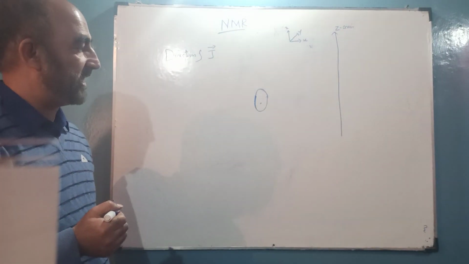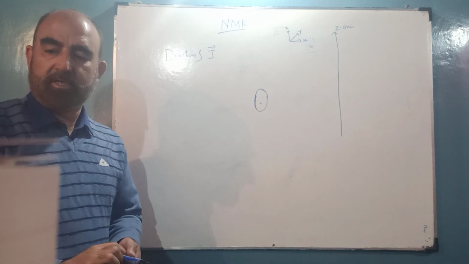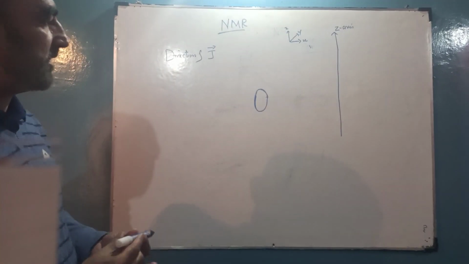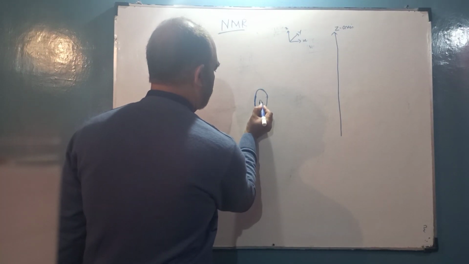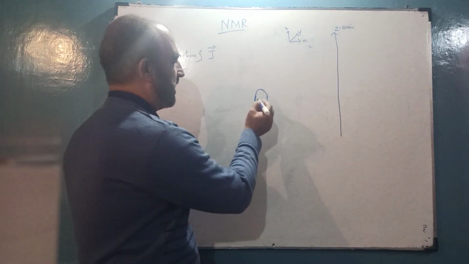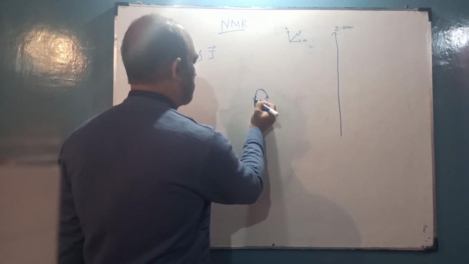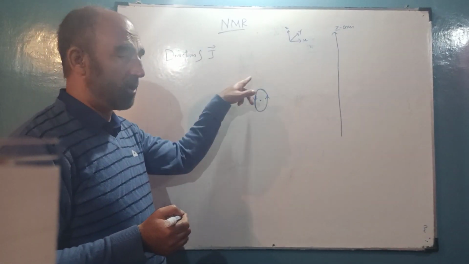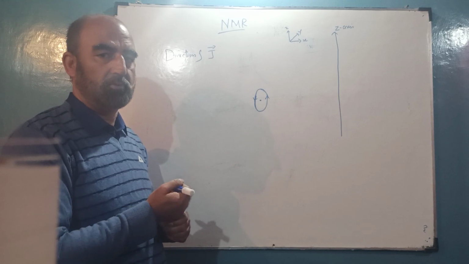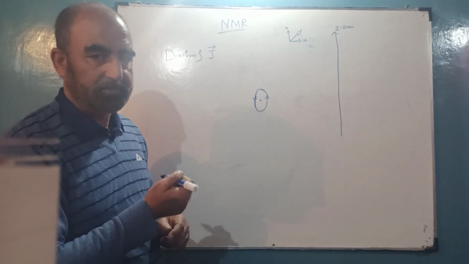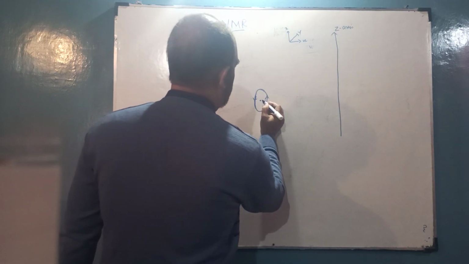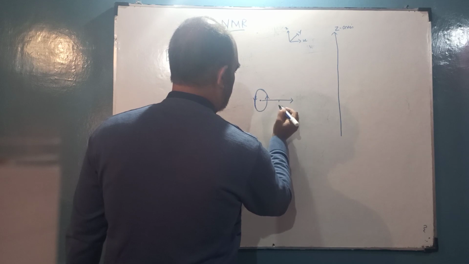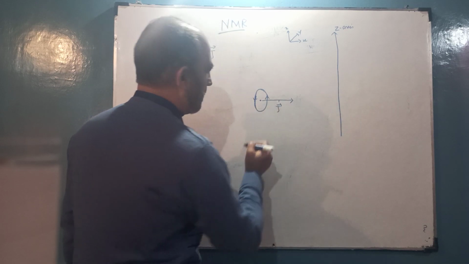Now we know that the angular momentum vector is always perpendicular to the plane of rotation. So this is the center, and the particle is having this type of rotation about its center. The angular momentum produced by virtue of this rotation will be the angular momentum vector. It will be perpendicular to the plane of rotation. So in this case we can say that the angular momentum vector will be perpendicular to this plane of rotation.